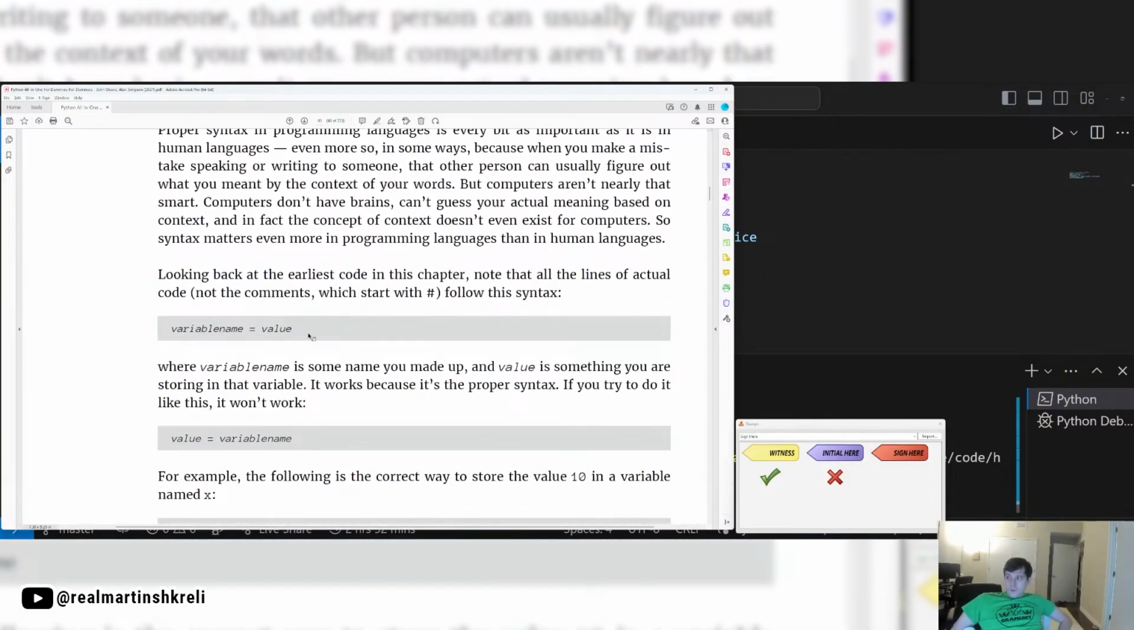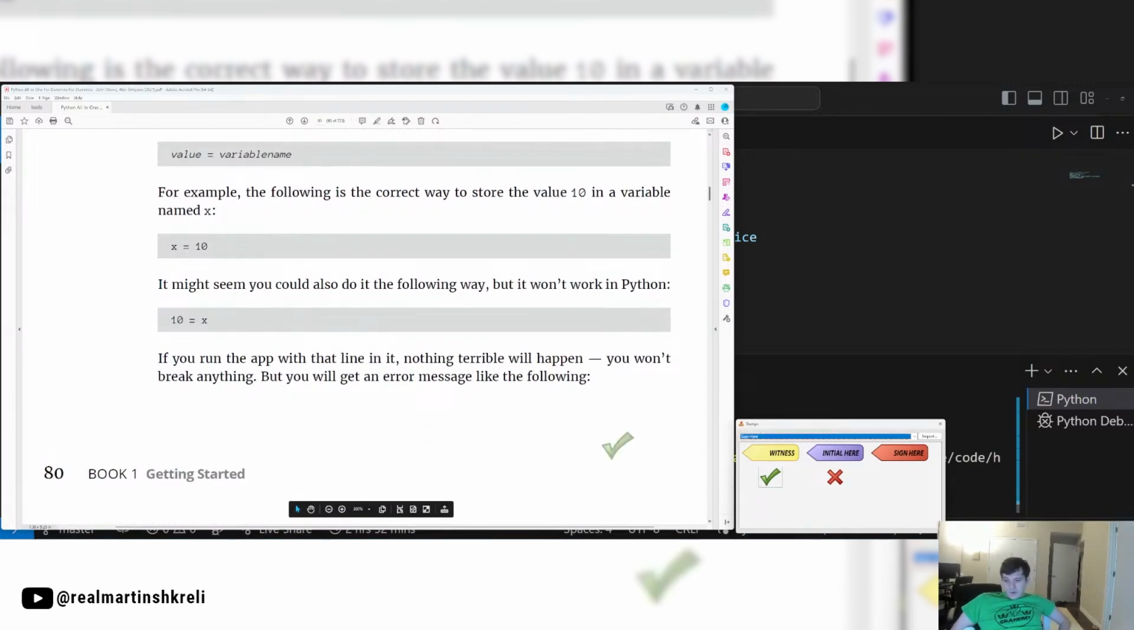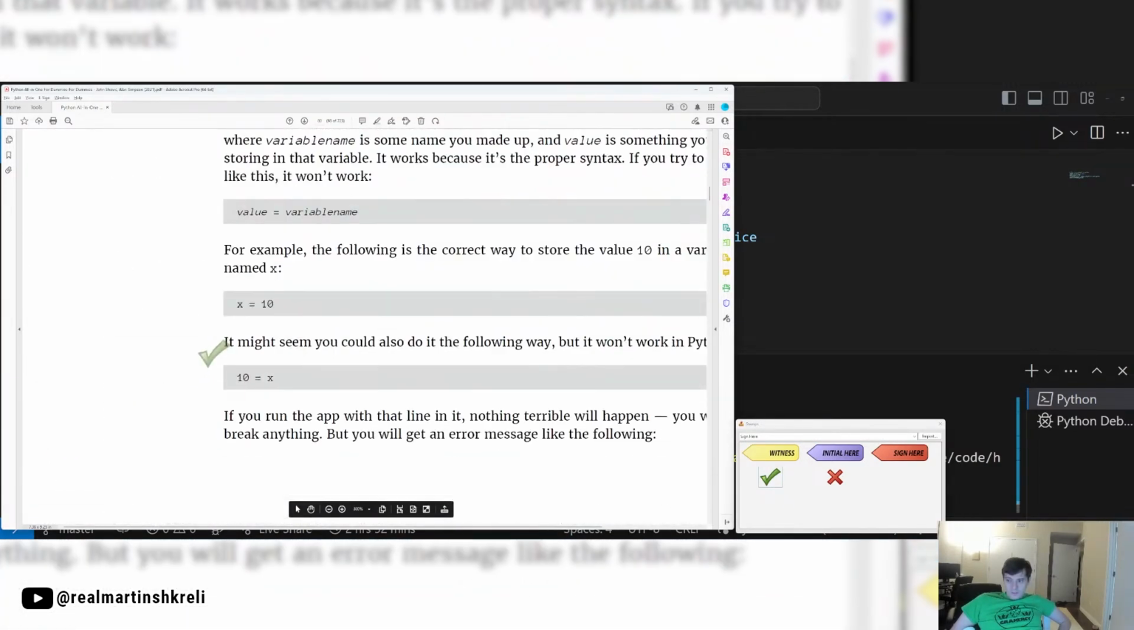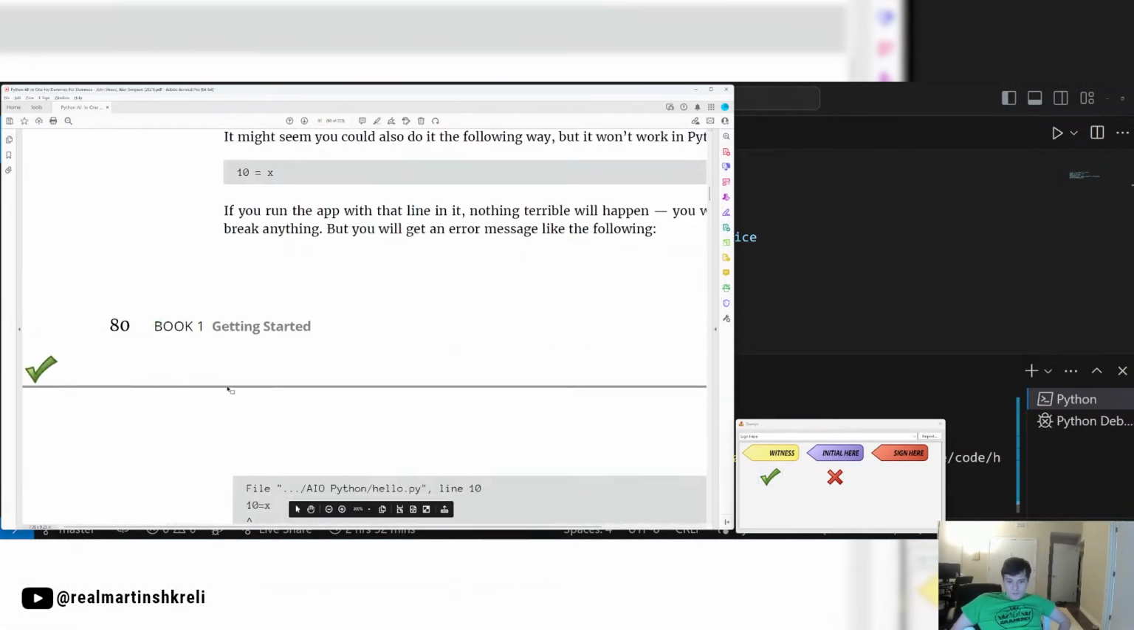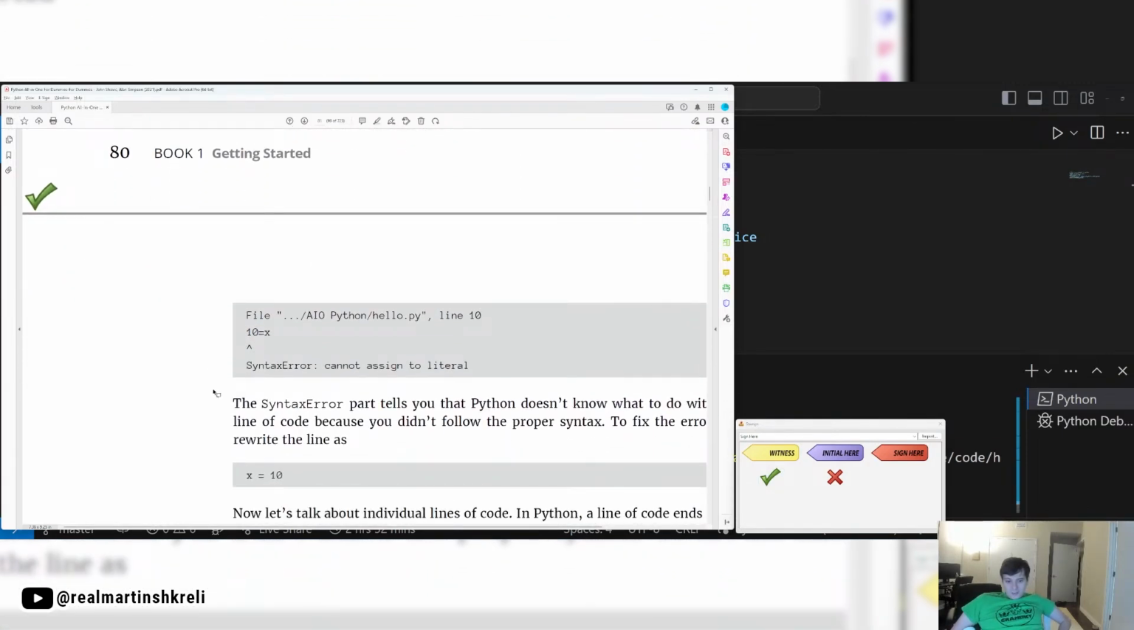Proper syntax is important in programming. I think you guys know that. You have to do variable equals value. You can't do value equals variable. 10 equals x does not work. You'll get an error message. You've got to follow strict syntax rules. That's what makes programming a little bit hard sometimes. The computer can't understand